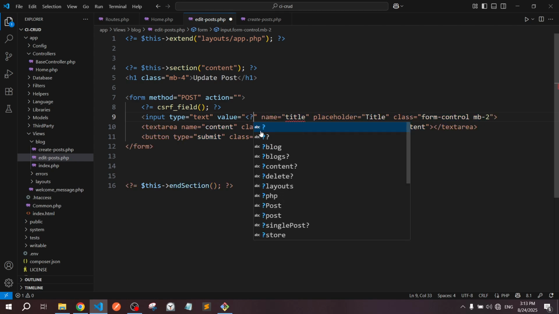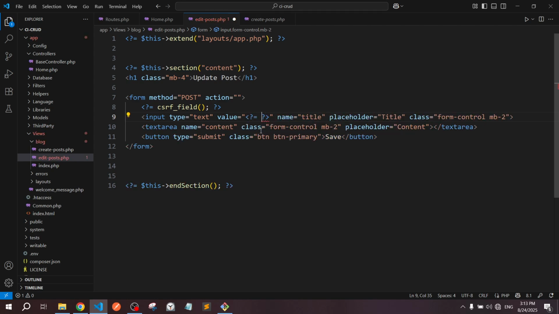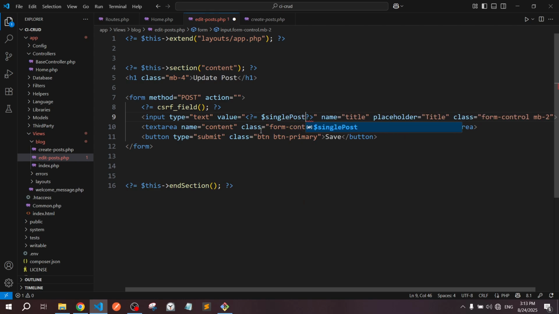All right, so I'm gonna go right in here and simply put in the view. Since we already sent in the single post array, now we can grab the data in here as simply keys. All right, the data, which is the columns inside the table, and here we need to send in the title. All right, so yeah, let's also copy this,